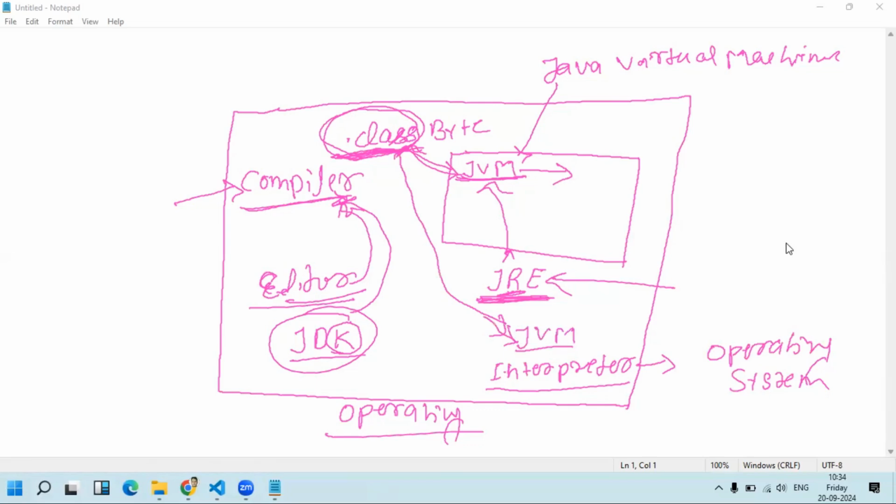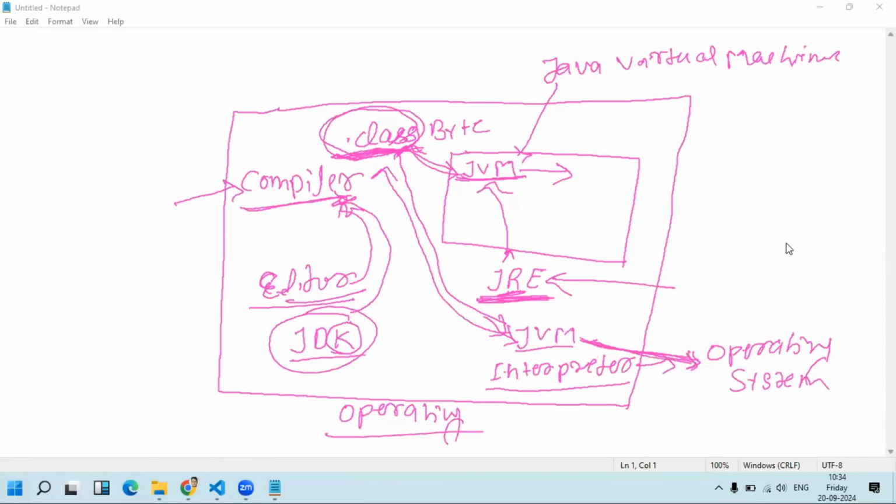It will execute the first line first, then pass this executed line to the operating system to show the output. Once the operating system asks for the next line, it will take the second line from the .class file and produce it.